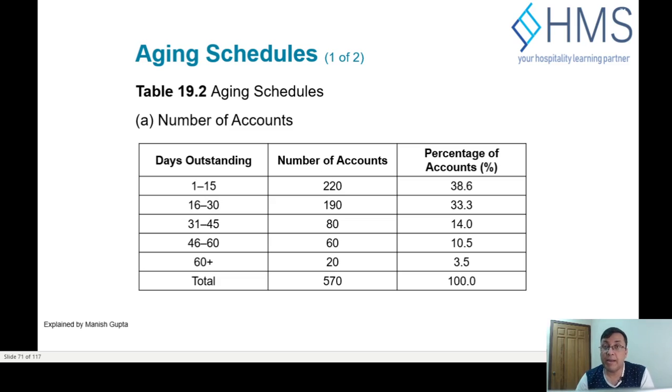Here is a sample of an aging schedule, which you can have a look at. Normally there are brackets, 0 to 15, and so on. They are not standard; they depend on the company's accounting policy and credit policy. Usually it's 0 to 30 days, because 30 days is the norm for credit days. Then you look at 30 to 60, 60 to 90, 90 to 120, and 120 and above, or sometimes 120 to 180 and 180 and above. It depends on the company policy, how granular they want to go.